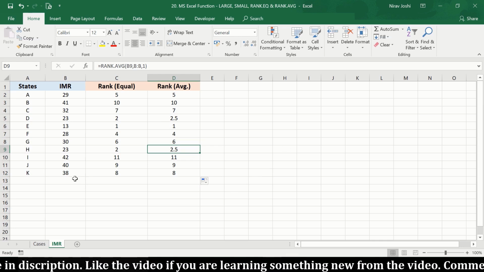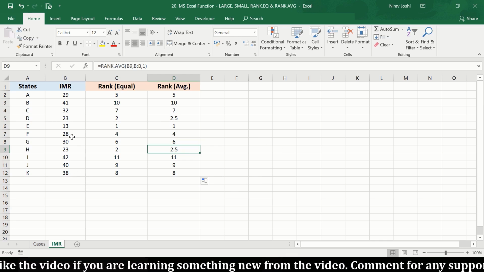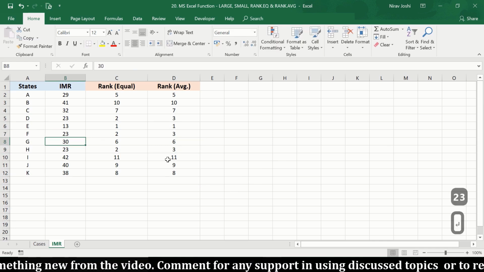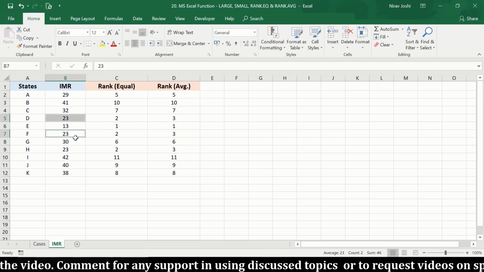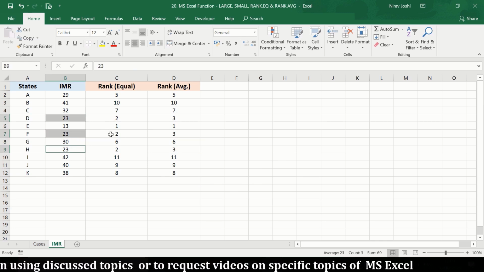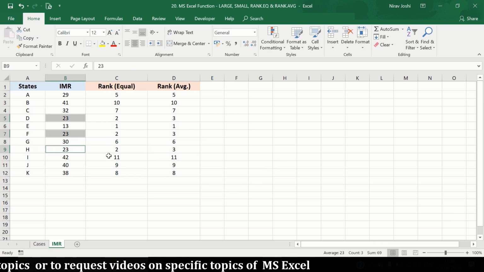Similarly, suppose you change another data here and make it similar to this one. So now we have 3 data as 23. This rank equal function has provided equal rank, that is rank 2, to each of this data, whereas this rank average function has taken the average of rank 2, 3 and 4, and that's why it has provided rank 3.